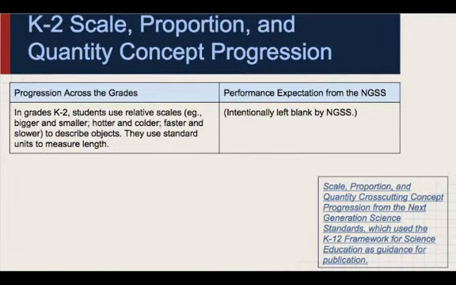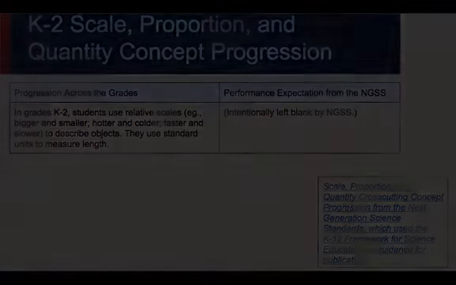The Next Generation Science Standards, which use the K-12 framework as a guide, developed a concept progression for different grades. They aligned some content standards or core ideas with the cross-cutting concepts. The developers of the NGSS did not identify a performance standard that aligns with the standards. However, the following two slides identify two NAEP items that do fit with standards in the K-12 Science Framework for Education. Teachers may find other NAEP items that also help teach and assess the K-12 framework.